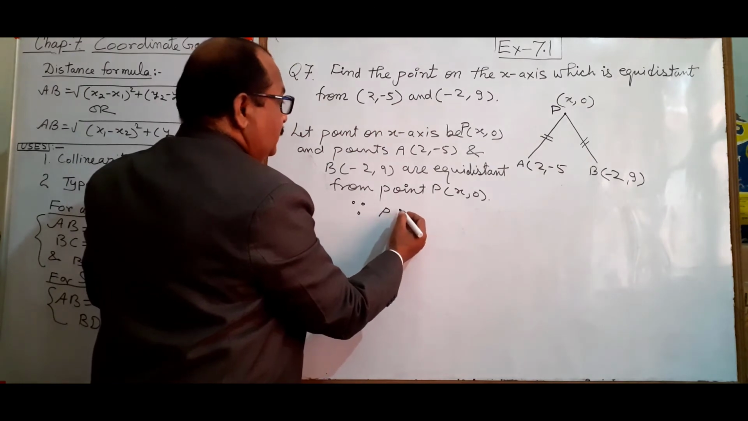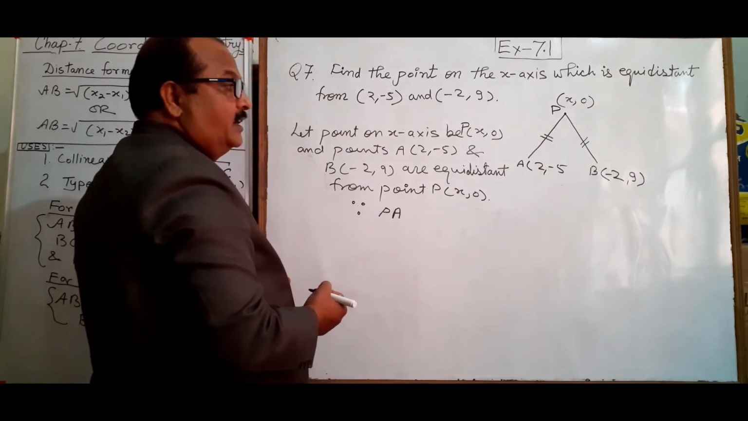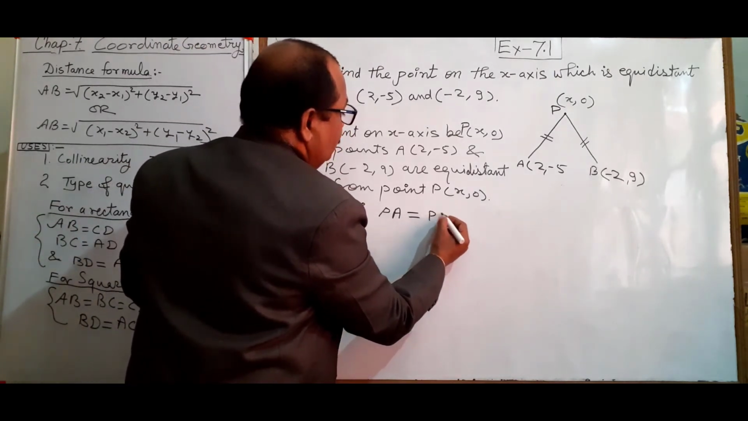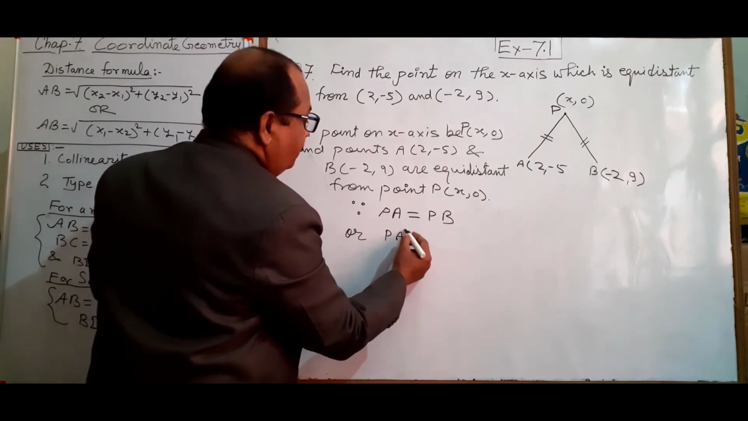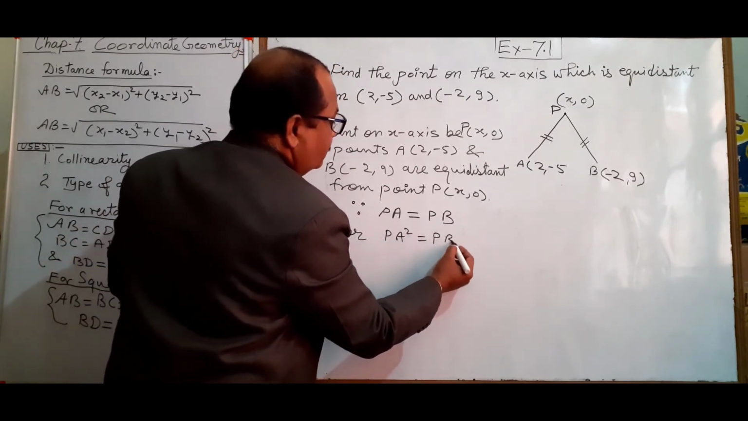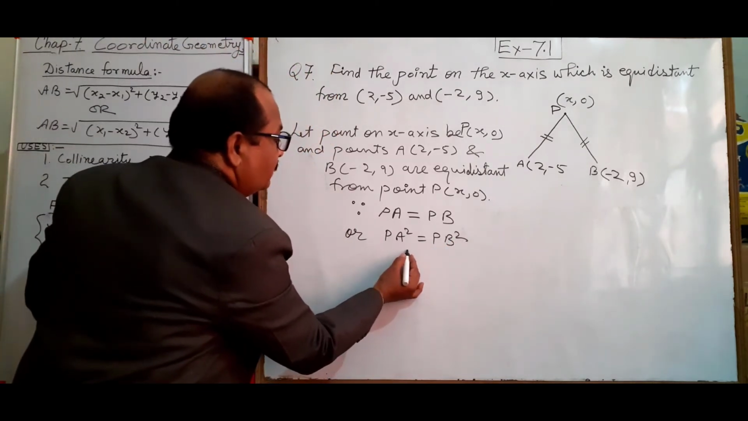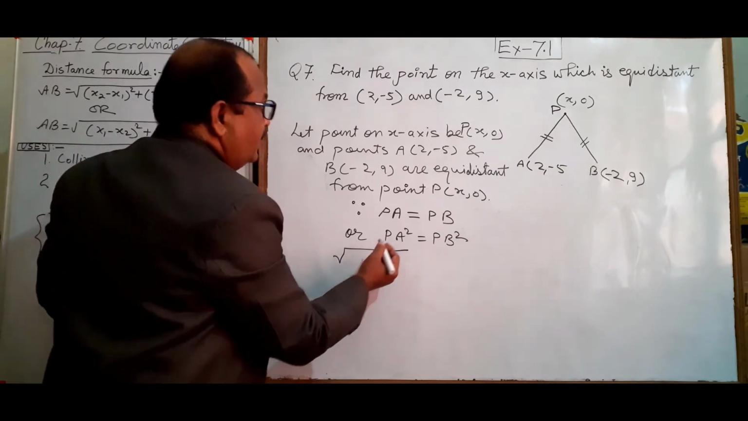Point P is equidistant from point A and B. It means PA is equal to PB, or you can write PA square is equal to PB square. Now applying the distance formula for finding the value of PA, you can write